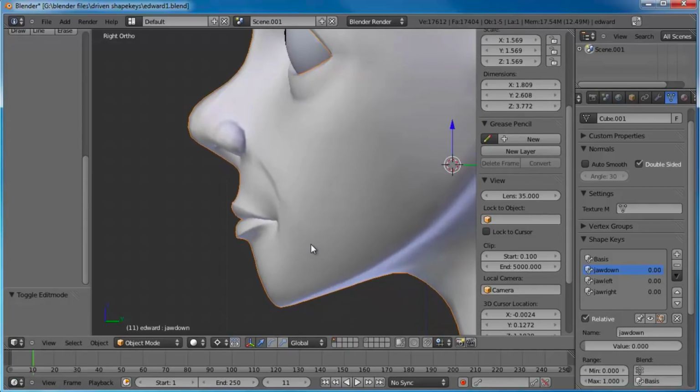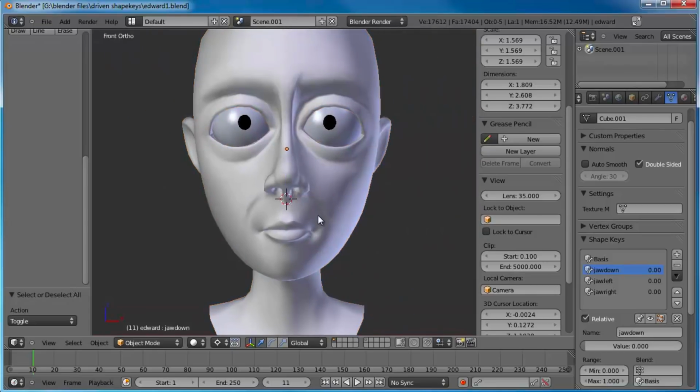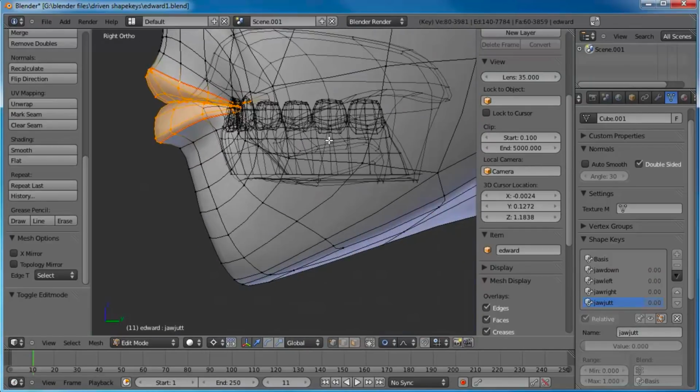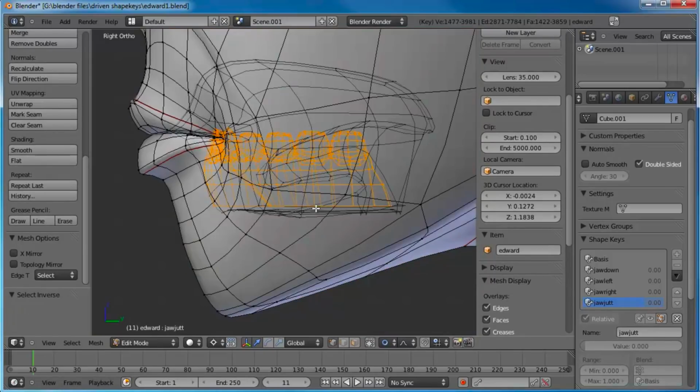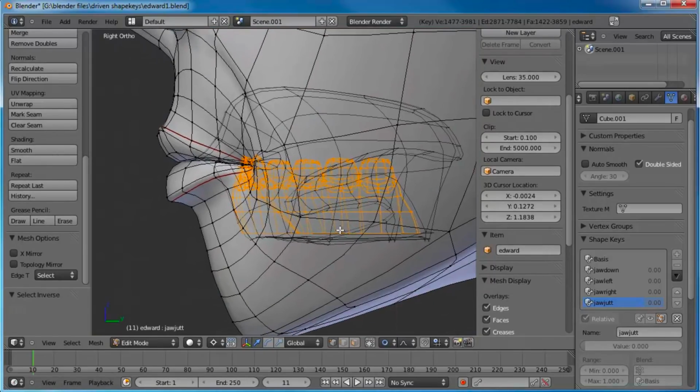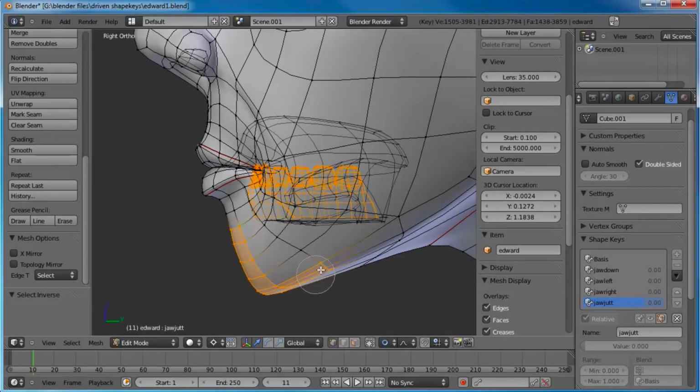I think that'll work okay. Okay, now, one final thing here for our jaw movement. Go ahead and add a new one, and we'll say jaw jut. So what I'm going to do now is kind of just grab those bottom teeth. Remember, grab everything, Control I to invert, and then grab the chin